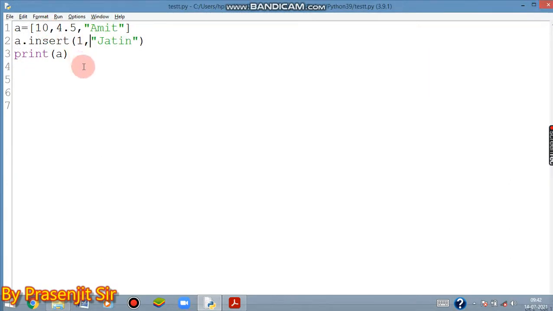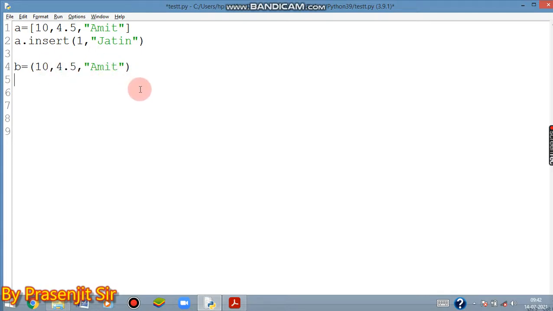Now coming to the tuple. Here is the tuple. In the b variable I am taking a tuple. I am writing both examples so that you will be able to understand clearly. So here I take the same data, 4.5, but you know that a tuple we define by parentheses. Here is Amit, and I am defining this tuple.